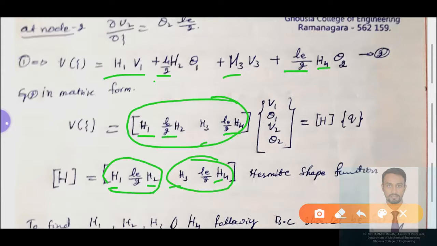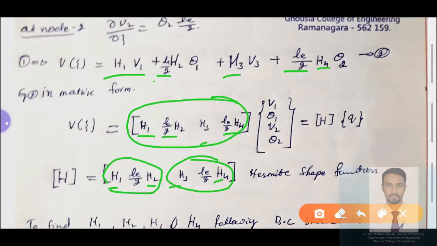But we have only one node. We have two characteristics to find at each node. Why? We are considering 2 degrees of freedom at each node. At node number 1 we have 2 degrees of freedom; in what way are we representing the 2 degrees of freedom at each node? At node number 1 we have v1, that is transverse displacement. At node number 1 we again have rotation, represented as theta 1, the slope.